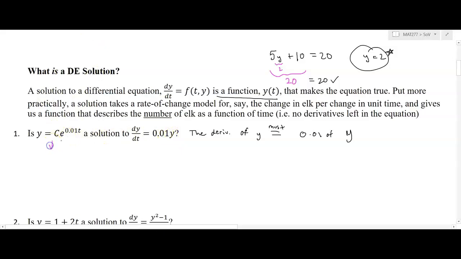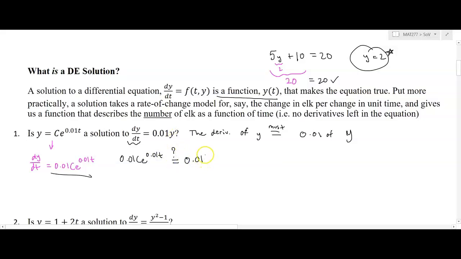First of all, in order to plug things into this equation and see if this makes it true, I'm going to need its derivative as well. So the derivative of my equation, using the chain rule, will be 0.01 c e to the 0.01 t. Now I want to check that when I plug in for dy/dt, I get 0.01 c e to the 0.01 t. Does that equal, I'm going to put a question mark above that equal sign,